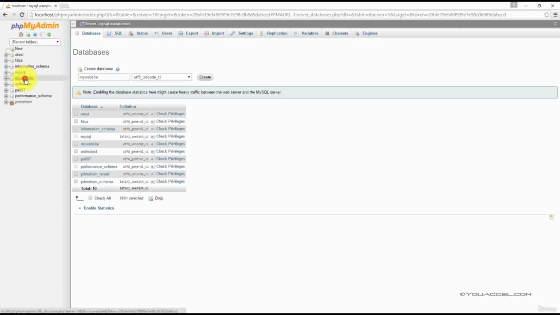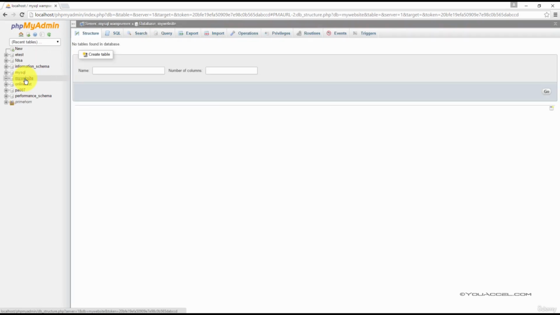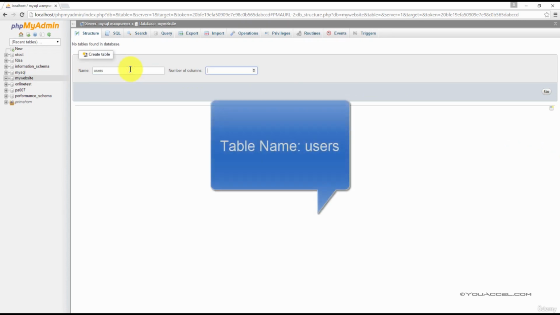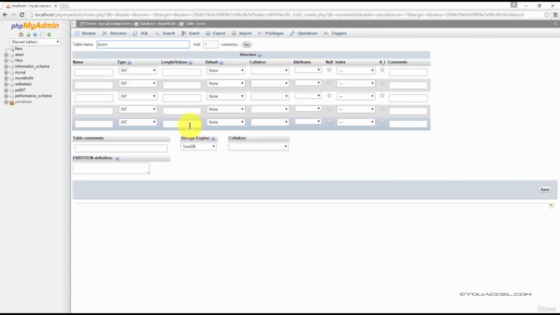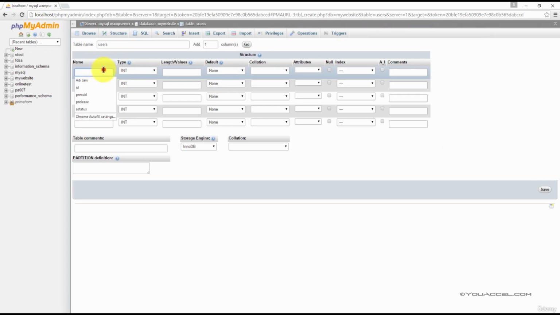So now click on the database name. And now we'll go ahead and create the table that will contain our data. Call the table users. And for number of columns, type in 5 and click Go. Now we need to create our fields and define certain properties for each field. We'll start with ID. For the type, select integer, the length 3, and this is the primary key, so set